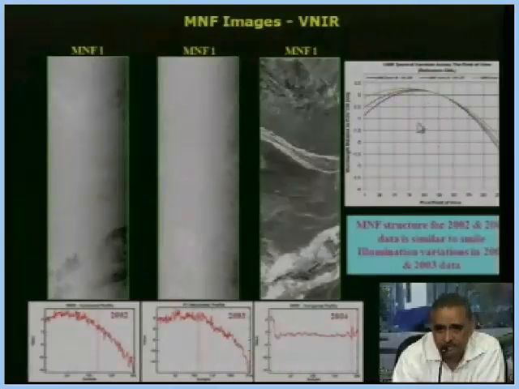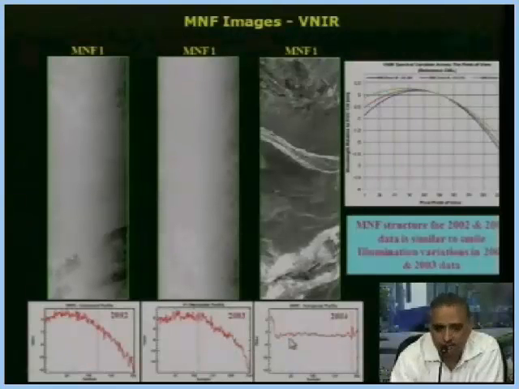This is why it is called a spectral smile. Now, the MNF images actually represent this variation. If you see the 2002 image and draw a horizontal profile, it almost matches the spectral smile, or the variations in the central wavelength in the pre-launch case. 2003 is also almost the same. Of course, in 2004 it gets flattened out,